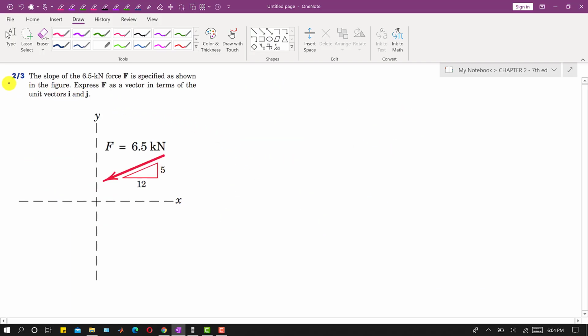Now let's solve this third problem. So in this third problem, it is said that the slope of 6.5 kilonewton force F is specified as shown in the figure, right? So the slope of this 6.5 kilonewton force is given in the form of this triangle, right? So it is said to express this force F as a vector in terms of unit vectors i and j, right? So now if I extend the line of action of this force F,